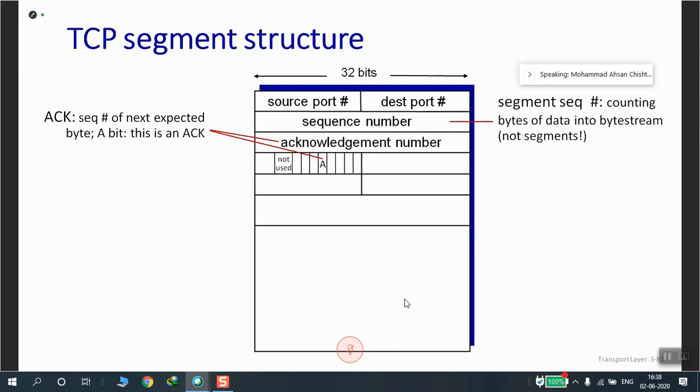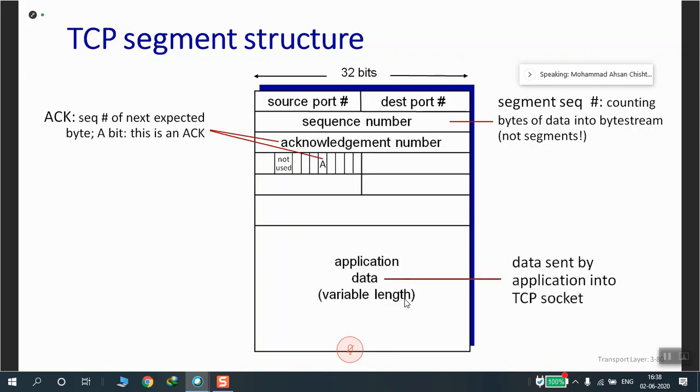And to inform the sender and receiver about is this packet a data packet or is this packet actually an acknowledgement of it, for that, there are specific fields which are mentioned below here. So down there you can see application data. This is the data that is to be sent.